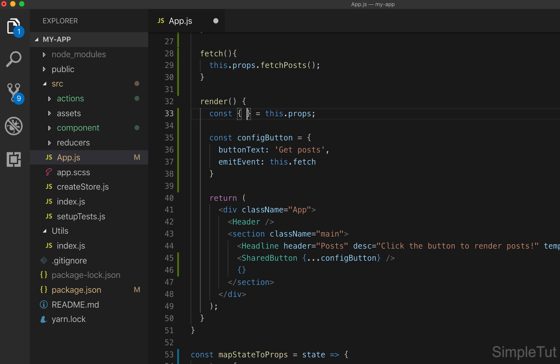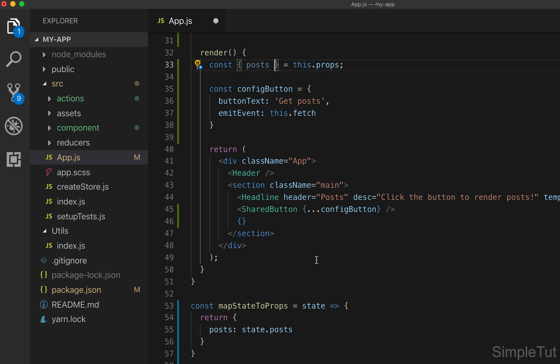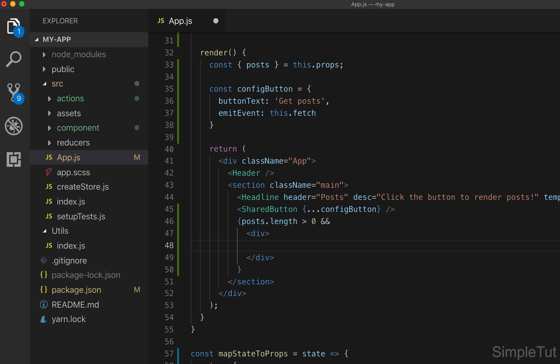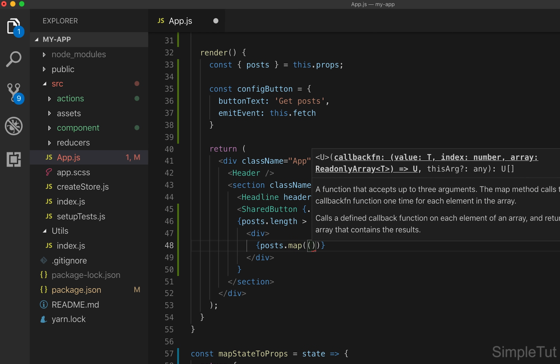I'm going to take posts, and what we want to do is if posts.length is greater than 0, we are going to return this div, and inside of this div we're going to map through posts. So we're going to say posts.map,